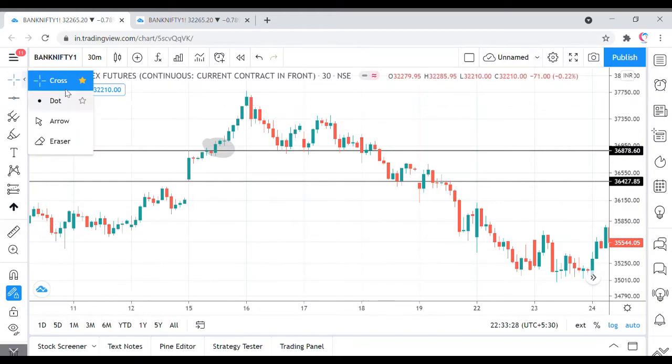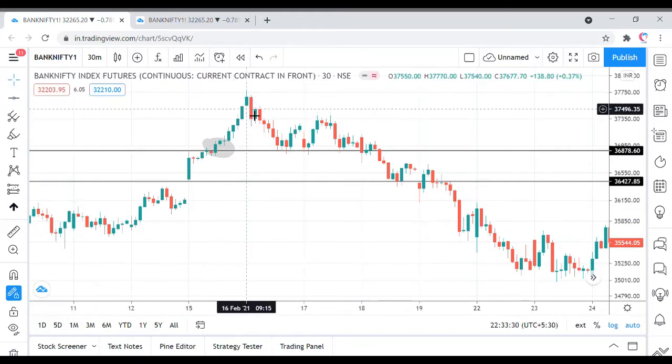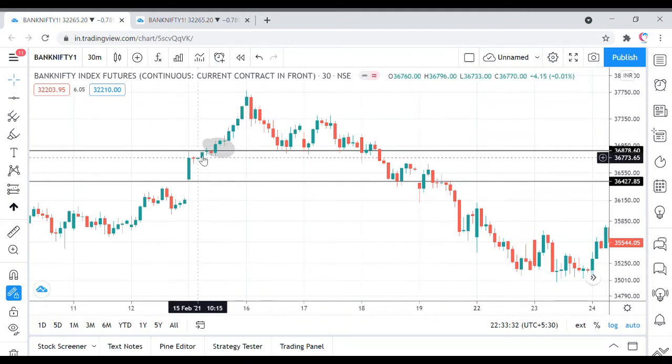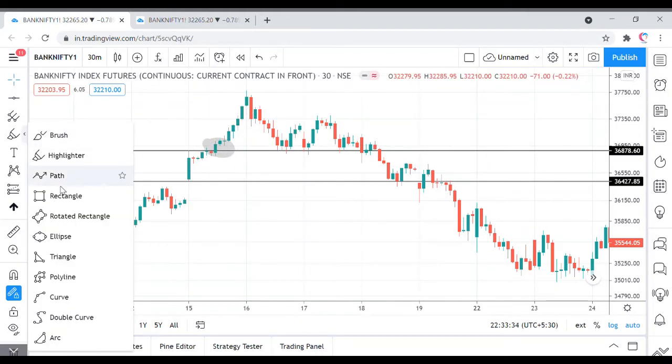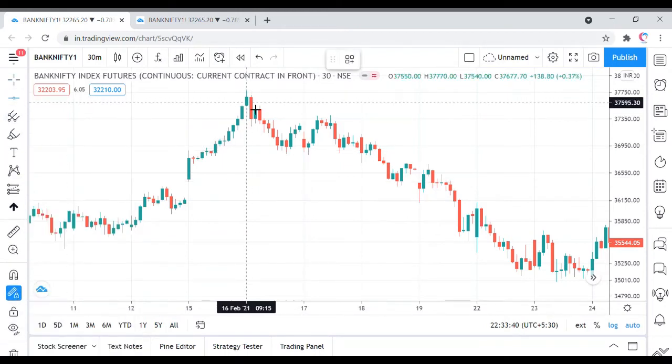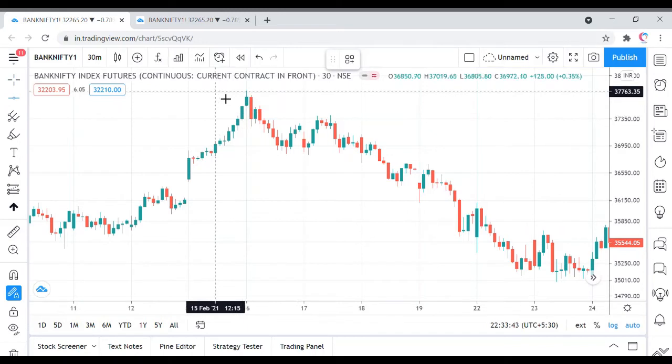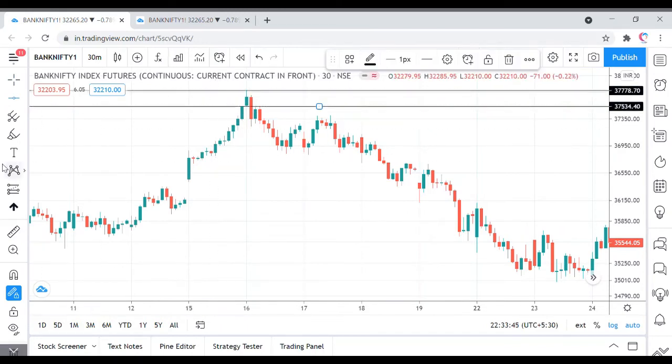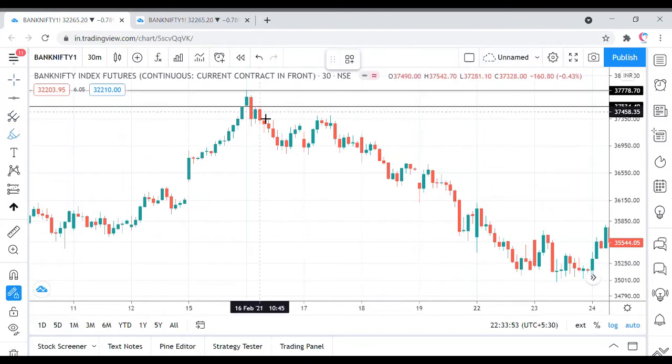This is on 16th of February. We saw the 15th February example, and now we'll see the 16th February example. This is the first 30-minute candle, with two horizontal lines on the high and the low of the candle. Now we can see the second candle, the low is broken. At closing, the low has been broken.